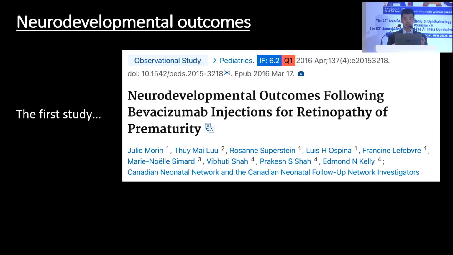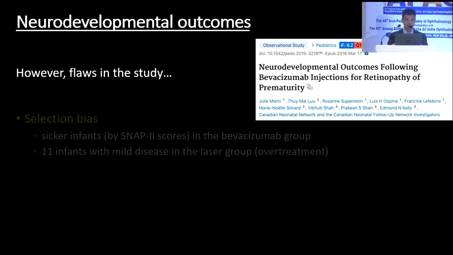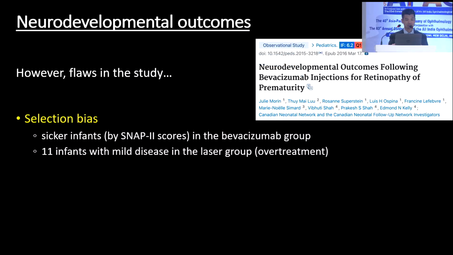However, in the past, there are studies like this one performed by Dr. Morin's group from Canada. They did show a 3 to 4 times increase in severe neurodevelopmental disability in patients receiving bevacizumab compared to those treated with laser. However, there are a couple of issues in this study. First is selection bias, because sicker infants